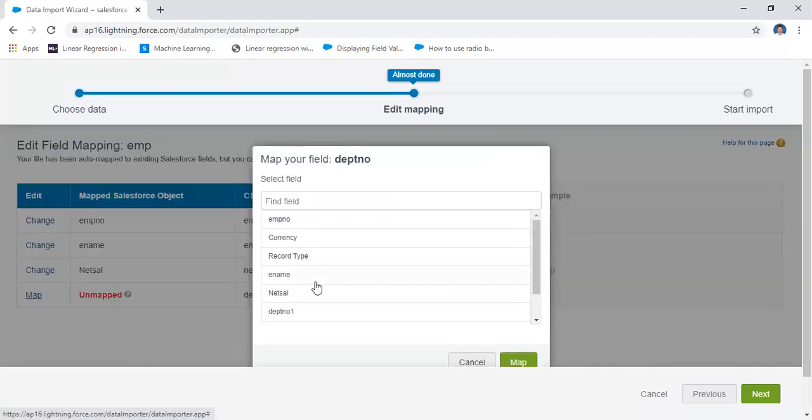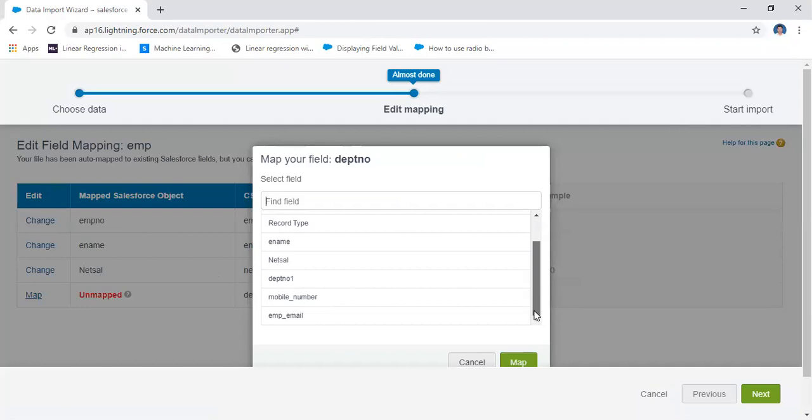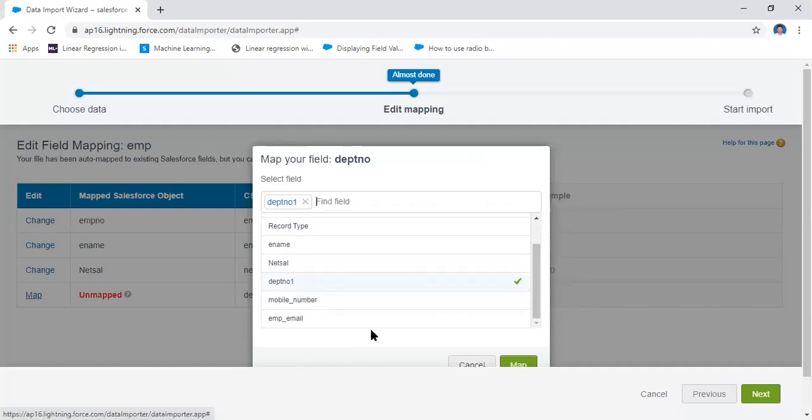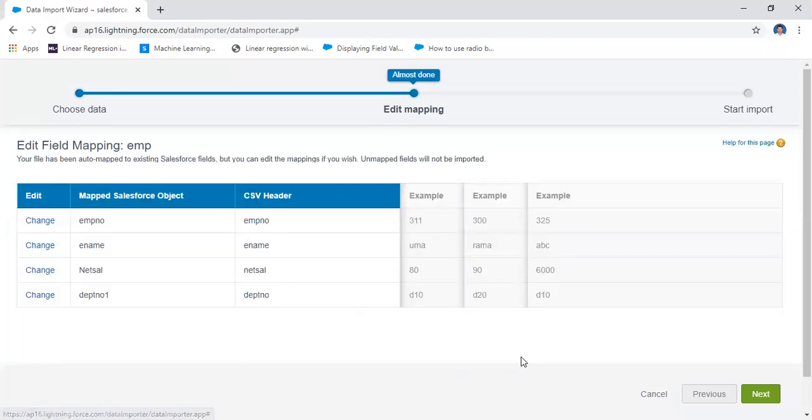What is that field? The department number, department number 1. Map it, department number 1, change that. That means you will perform the mapping in this way. Here, for example, these are all fields for this one.